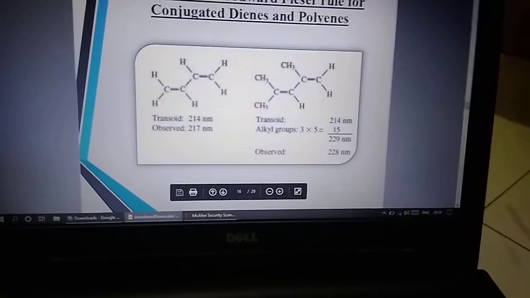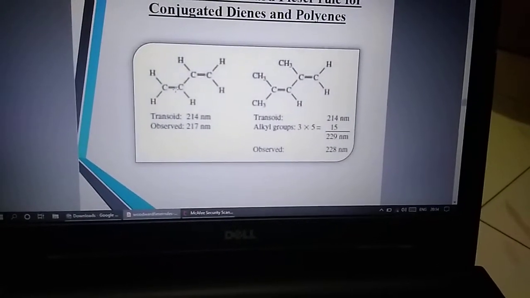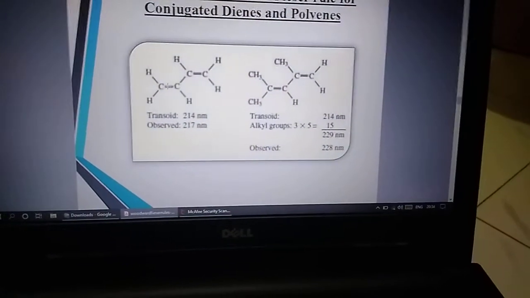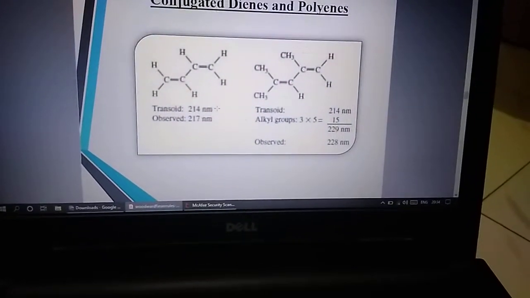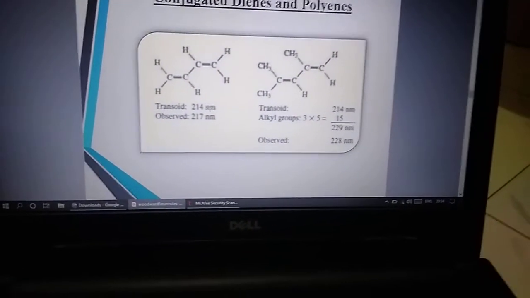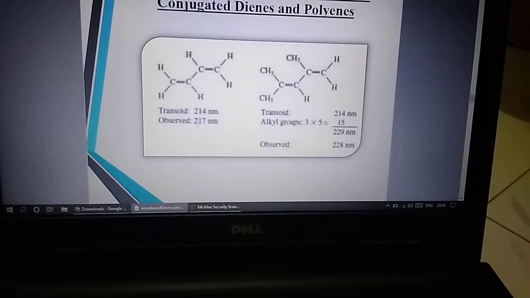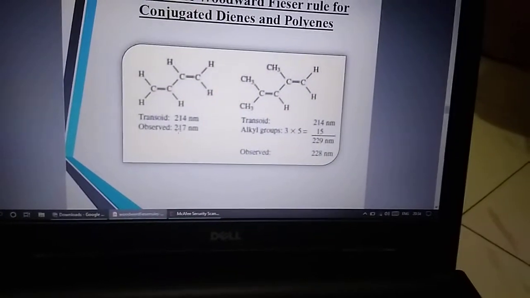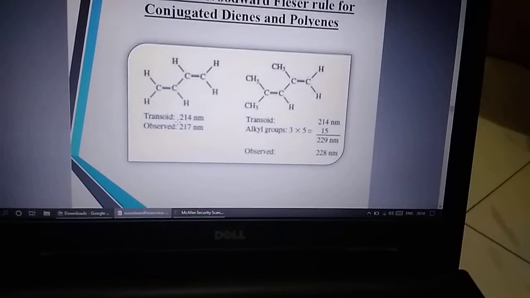In this case, you can observe this is an alternate conjugated system, that is a conjugated diene. It has only the conjugated diene and doesn't have any substituents. So according to Woodward's rule, that is 240 nanometers. But when we keep it in the instrument, it gives 270 nanometers. That means the rules given by Woodward and Fieser help to find the lambda max almost nearer to the observed value.